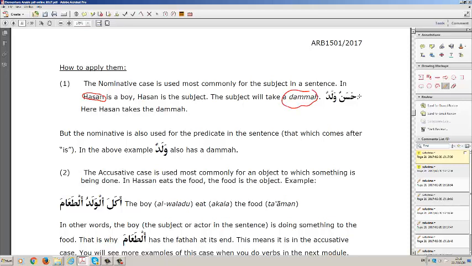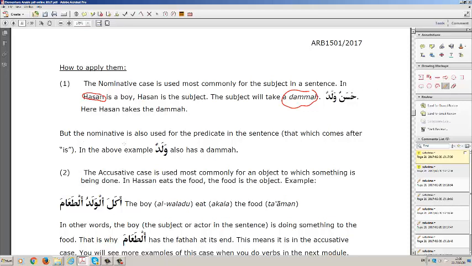So you say Hassanun, and the reason we say Hassanun here is because Hassan is a name. Hassanun waladun, Hassan is a boy. And so because it is the subject of a sentence, it takes the